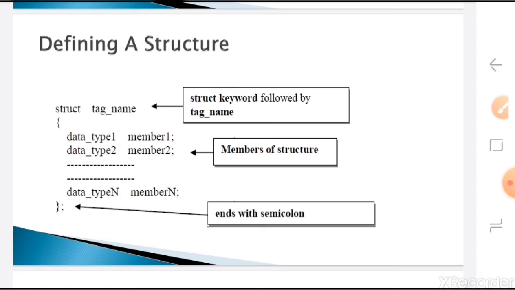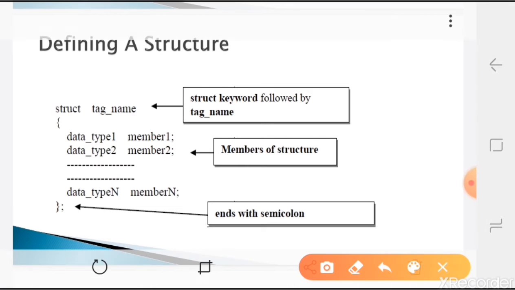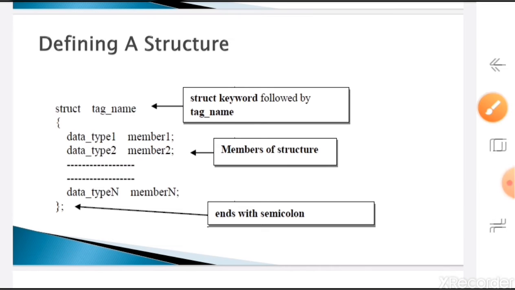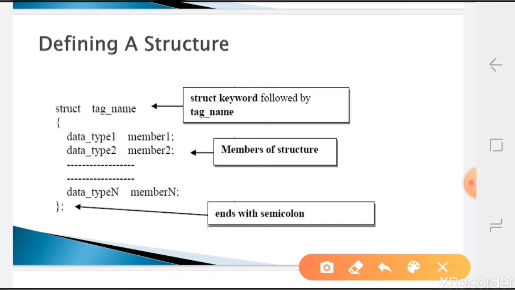First one is the struct keyword. As you observe, at the start we write the struct keyword. Then it is followed by a tag name. This tag name is user defined, you can give any name to a structure.